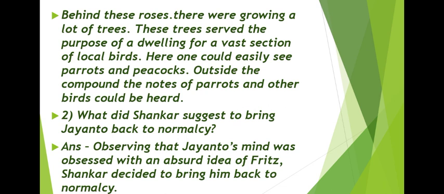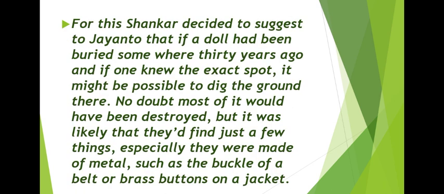Second question. What did Shankar suggest to bring Jayanto back to normalcy? Answer. Observing that Jayanto's mind was obsessed with an absurd idea of Fritz, Shankar decided to bring him back to normalcy. For this, Shankar decided to suggest to Jayanto that if a doll had been buried somewhere 30 years ago